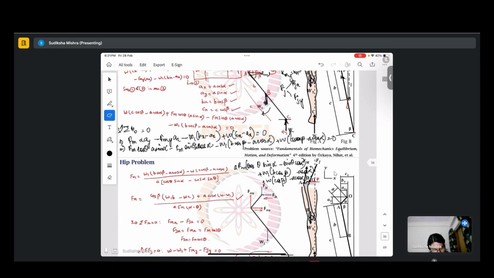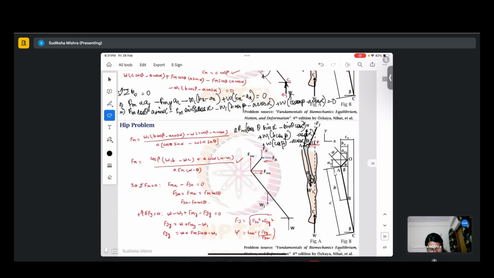Then you simplify this, you transfer all the terms to this side, and divide by a times this particular term, which is here. Now this term, sin(alpha minus beta)